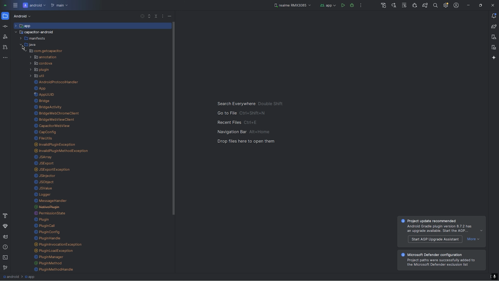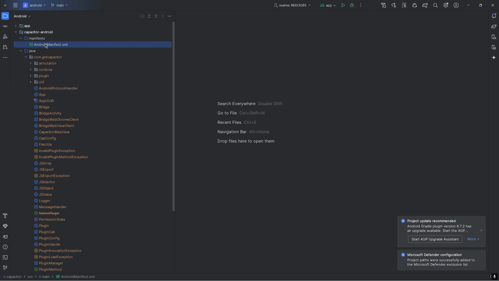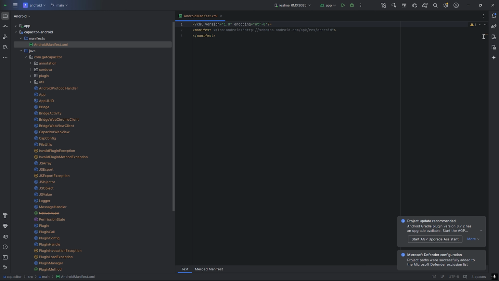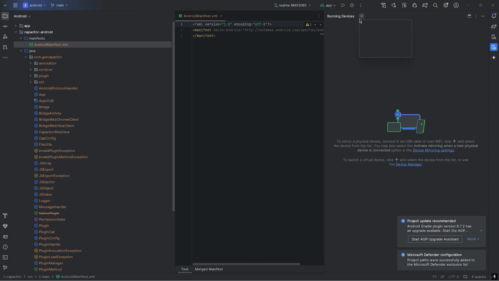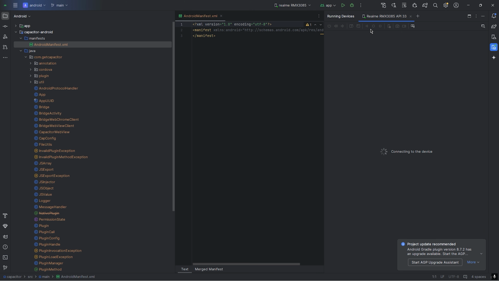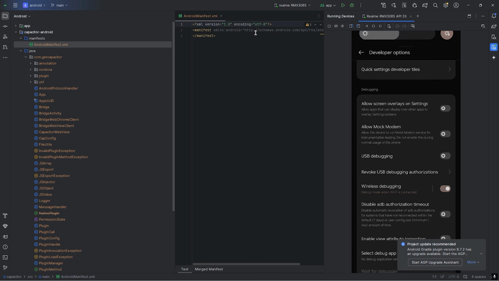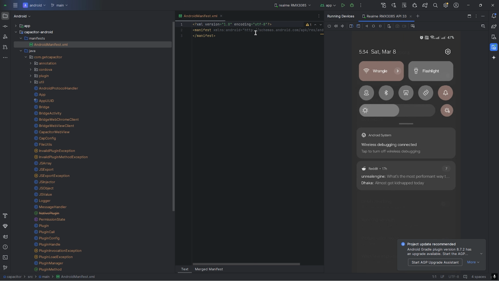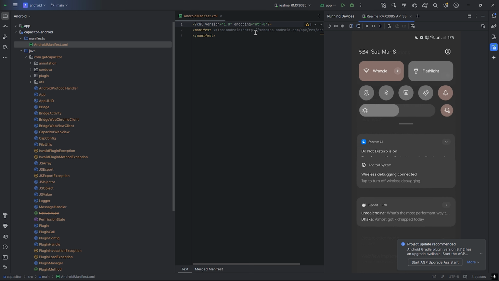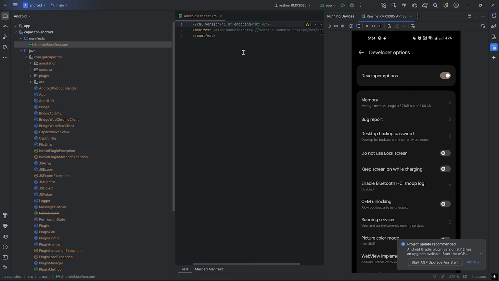Let me check. If I go to running devices, plus, this is my phone. Yeah, working correctly. Let me turn on the do not disturb mode for unwanted notifications. Now if I run my app,